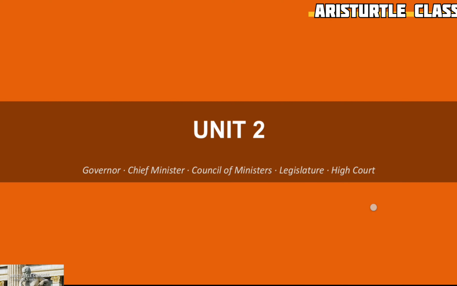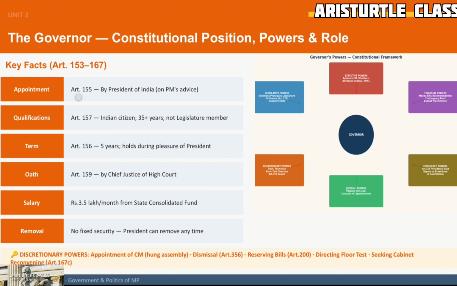So, fair point. Talking about governance, now let's try to understand the state legislature, executive, and judiciary. For that, we have to read Part 6 of the Indian Constitution, which starts with Article 152, which talks about a state. Article 153 talks about the governor. The governor is the constitutional head of a state. Appointment of the governor is done by the president on the advice of the prime minister, or we can say that the governor is appointed by the center at the state.